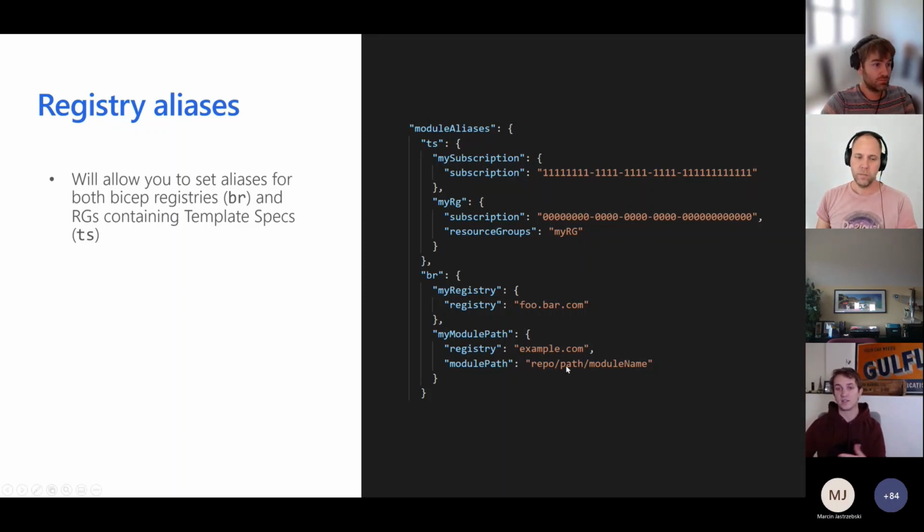Again, this is analogous to the resource group. It zeroes you in on a set of modules that you want to make easy to consume. And then you can just say alias and then the module name and then the version. So it should make day-to-day authoring a little more straightforward is our hope. And our goal is to ship this with the 0.4 release. It may end up slipping into 0.5, but that's what we're currently shooting for.